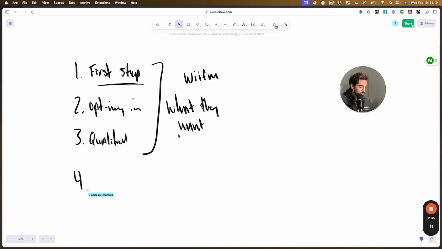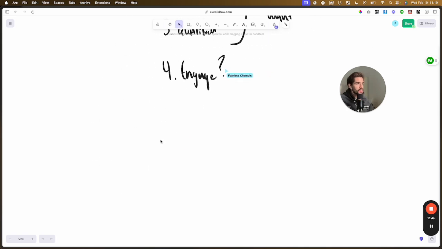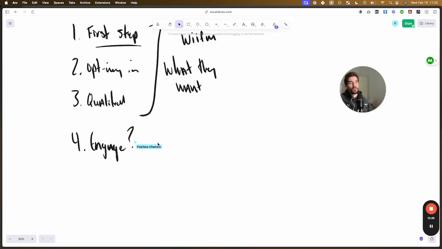And then number 4 is, are they engaging? And when they engage, do they ask questions like, what is this? Who's this for? What do you do? There are generalized questions of what do you do, but then there are also questions like, if you're selling landscaping and the people are saying, I thought this was a hair salon. Or we have a client that we had to fix congruence for. They were selling business phone systems and personal people were signing up for their personal phone, which is a lack of congruence there.